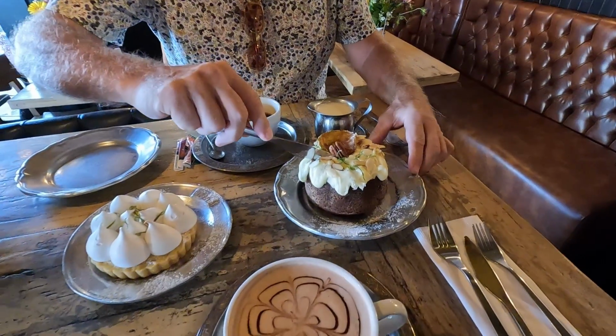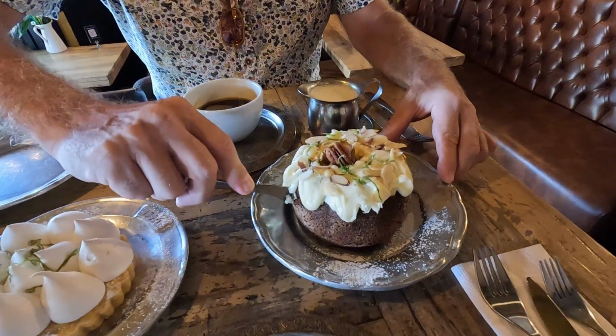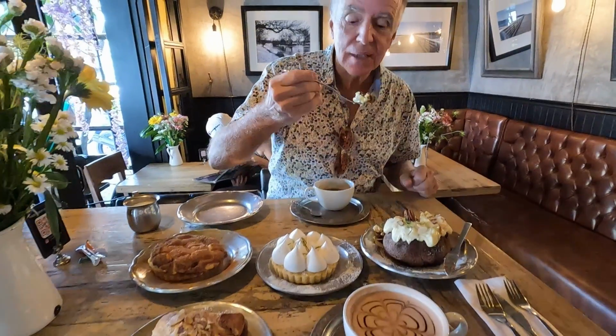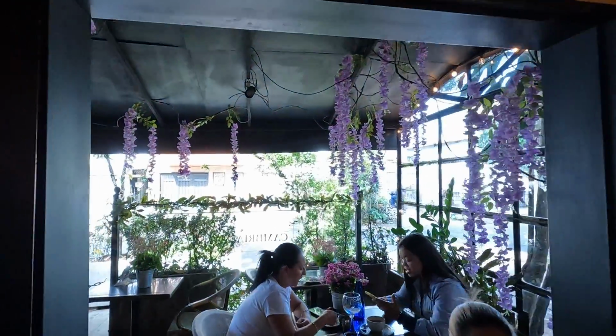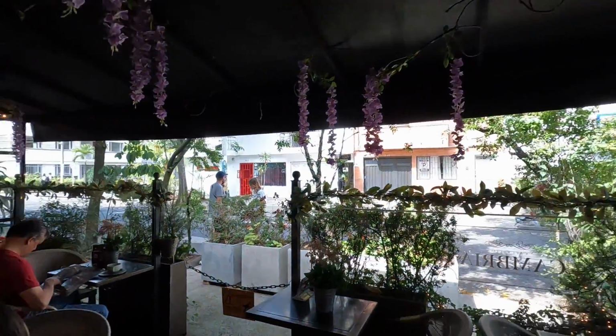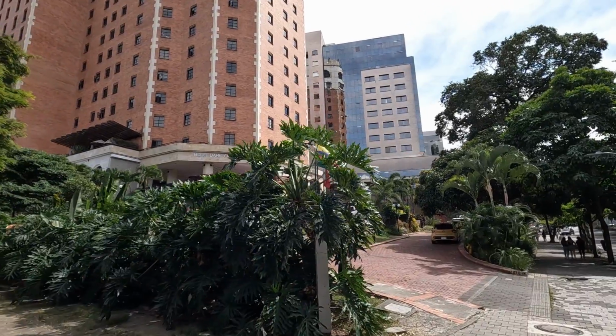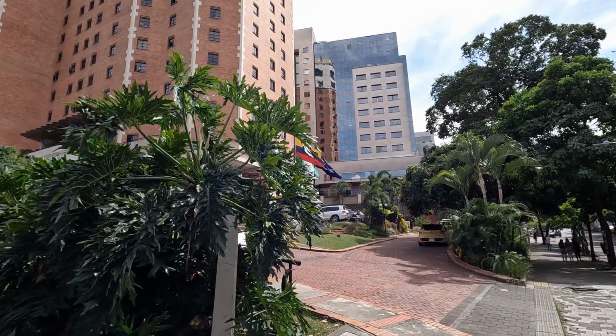I couldn't wait anymore and cut into the apple nut cake, which was tasty. But my favorites were the lemon meringue pie and the apple pie, and Mike preferred the almond croissant. We loved all of our sweet treats at Cambria. But let's keep going and walk 15 minutes to the other side of El Poblado to show you a place